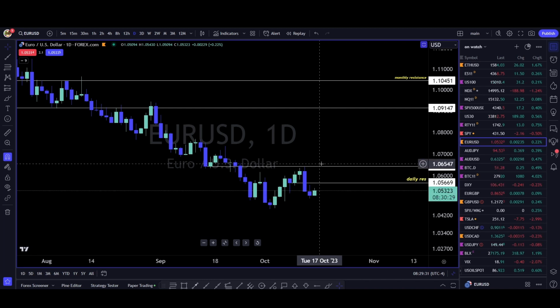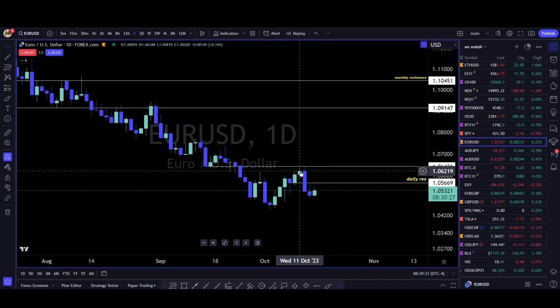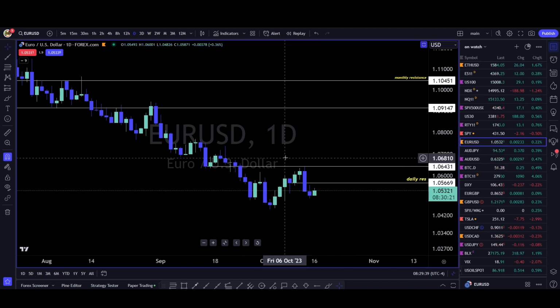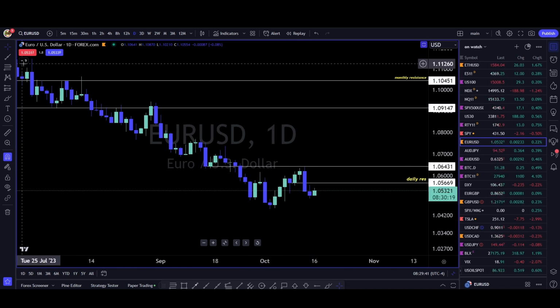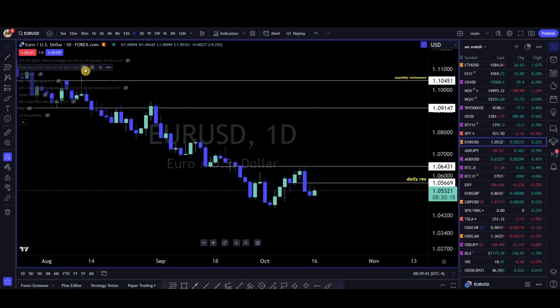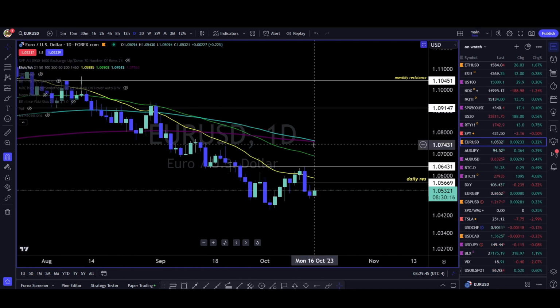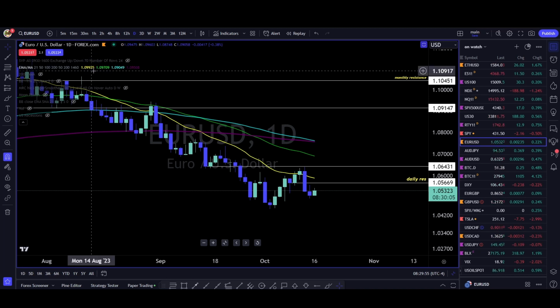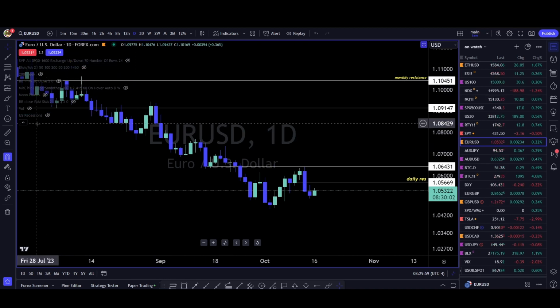This could just be a pullback because you do have this little bit of a higher high from this. So this could end up being a lower low. But I mean, obviously the trend is down. There's no doubt about it. The dollar has been ripping faces off for a long time. I do expect that to continue. I haven't seen any reason why it would stop, to be honest with you, as far as financial conditions all over the world. So, yeah, we'll see about that if it continues or not.